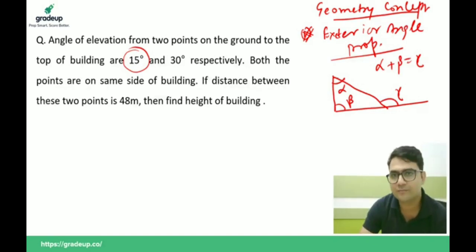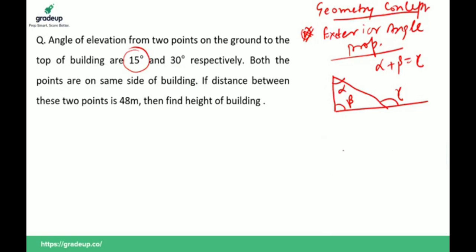So, this is one of the properties, and the next property is: always remember, equal angles have opposite sides equal. Means sides opposite to the equal angles are always equal. Always remember these two, this is one and this is two. So I will use this concept in this question.